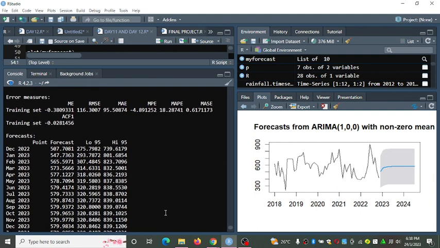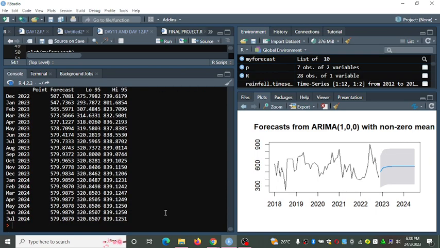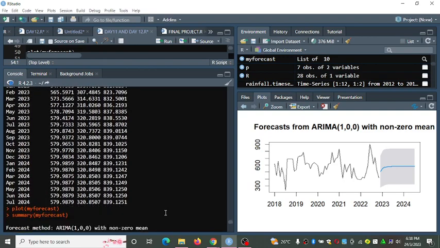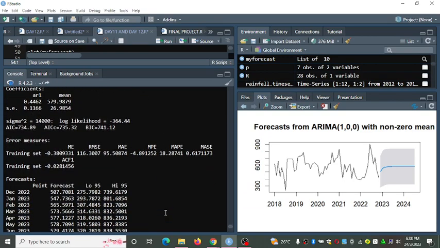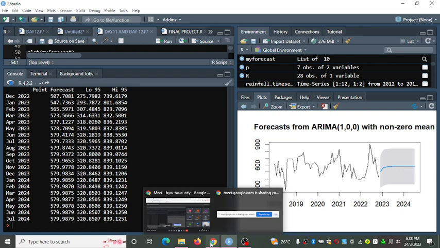What is ACF1? This is the autocorrelation of the errors.